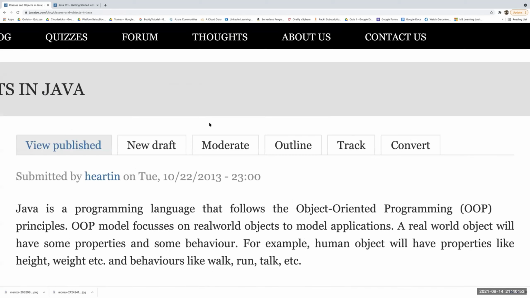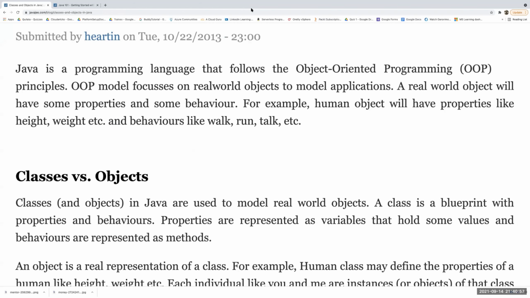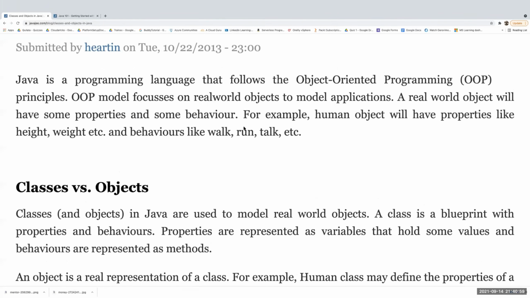So before going through the theory, let us quickly see a few things on a whiteboard. In Java, we saw that we create classes using the class keyword. All keywords are small letter. So we can say class HelloWorld, and then we have curly braces. Inside those curly braces, we will define our methods and variables.